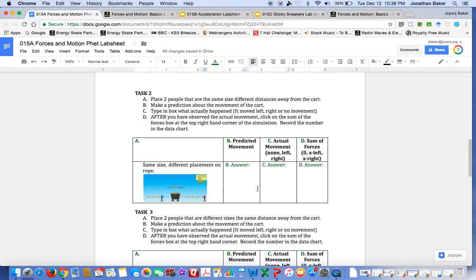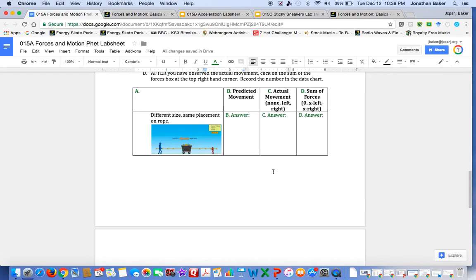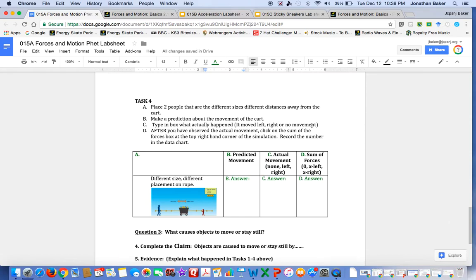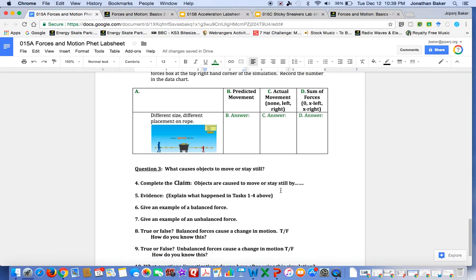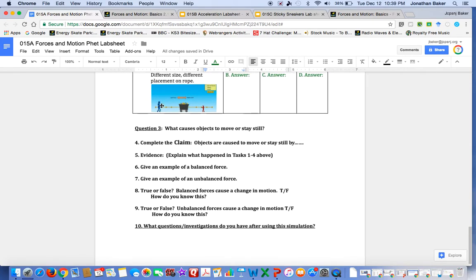task 2. So as you can see, it's not difficult. You just have to go step by step, A, B, C, D. Go ahead and do the same thing for task 2, and look at the picture. It's there to help you get an idea how to do it. Task 3, same thing. Task 4, okay, same thing, right? Now, once you do all of these tasks, you should be able to move down to question 3 through 10,